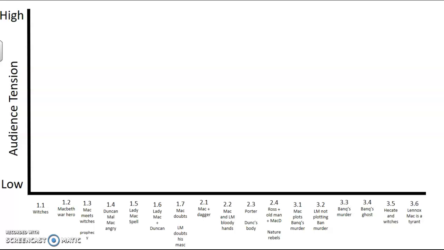Now I've gone with a bar chart rather than a line graph because I want us within the bars to be adding further information. So here's my first scene, and there's my bar for Act 1, Scene 1 with the witches. And I don't think it's particularly tense. It's just a few strange witches in the middle of a field talking a little bit. The fact they mentioned Macbeth foreshadows the tragedy a little bit. I'm thinking the audience at the time might be a bit scared, but it doesn't really have very high tension,